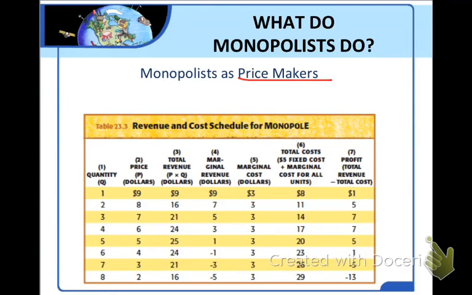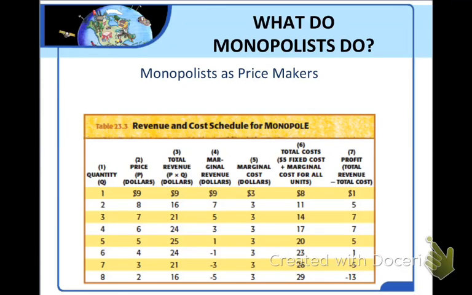A monopolist is interested in choosing the combination of price and quantity that will maximize its profit. It does so, recognizing that the demand for the monopolist's product is the entire market demand. According to the law of demand, a higher price causes customers to buy less of the product. So a monopolist faces a trade-off. If it raises its price, it will lose some sales. There is also a trade-off if a monopolist wants to sell more of its product. It must lower its price.